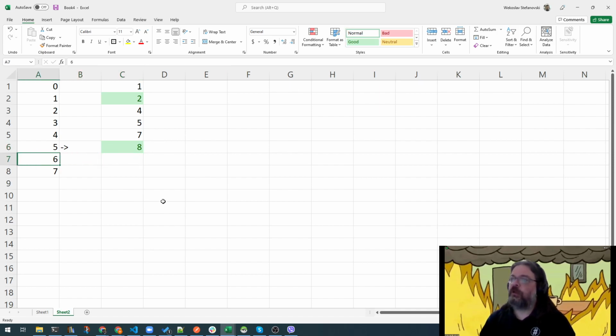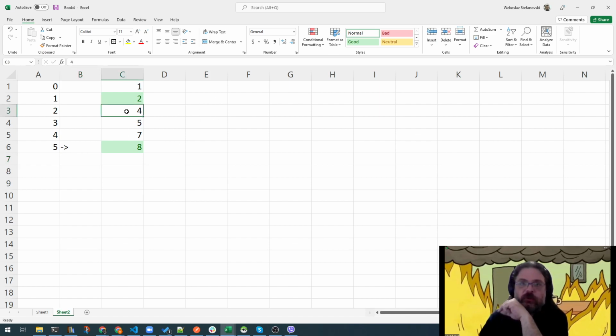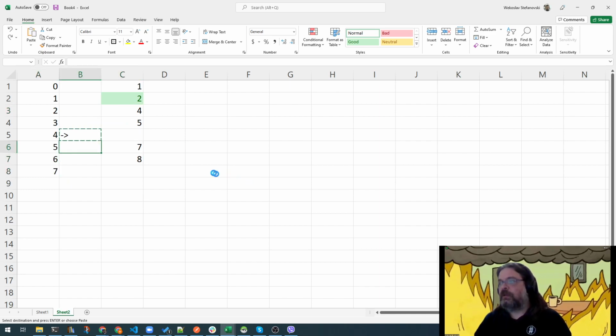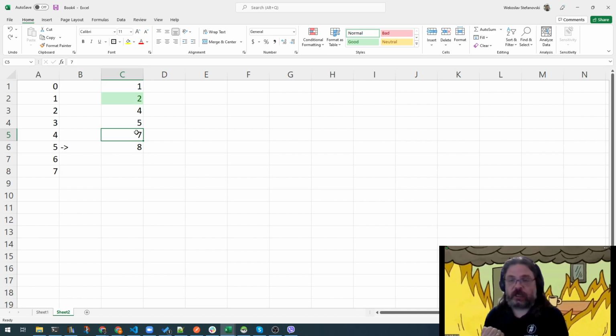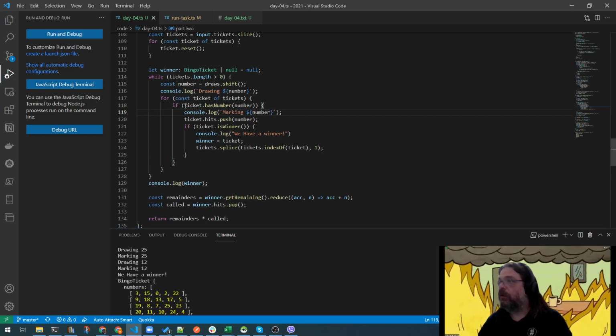It's even, we will color it. And can you notice what happened? We never processed the number 4 or the number 7, because once we removed that item, we actually skipped that index. So in order to not do that, I will remove this for-of